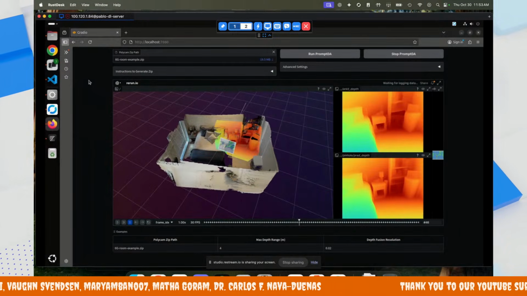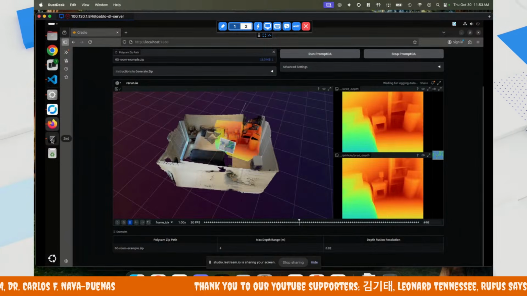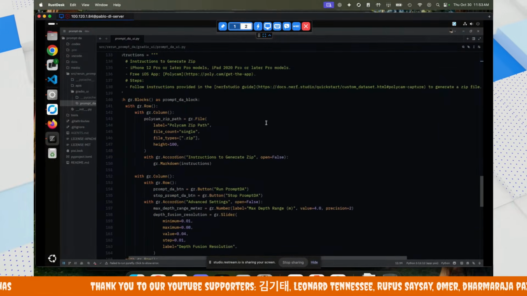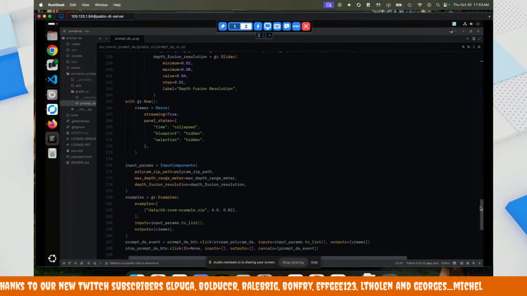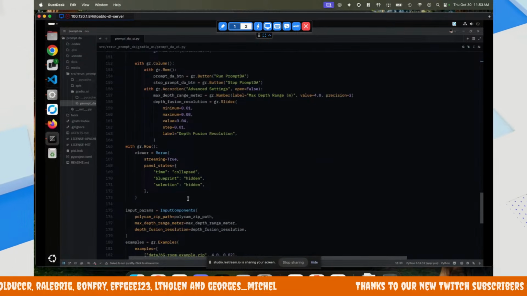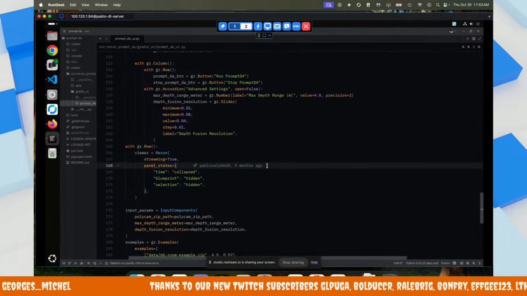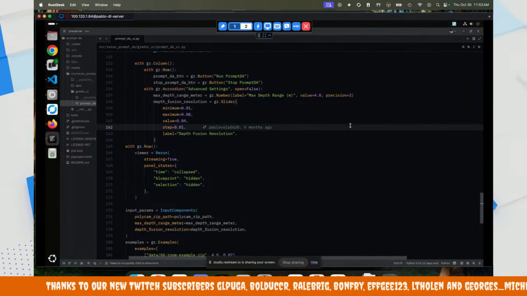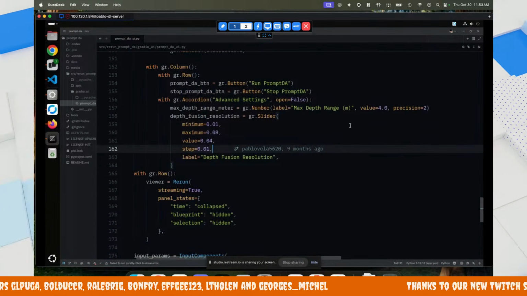Cool. So for the next demo, I also wanted to show a little bit of the code base as to what that actually looks like for integrating this in Gradio. I don't know, is this text big enough? Can you guys see this okay? Bigger would be better. Let's see if I can make it bigger. Give me one second. Okay, how about there? Great.